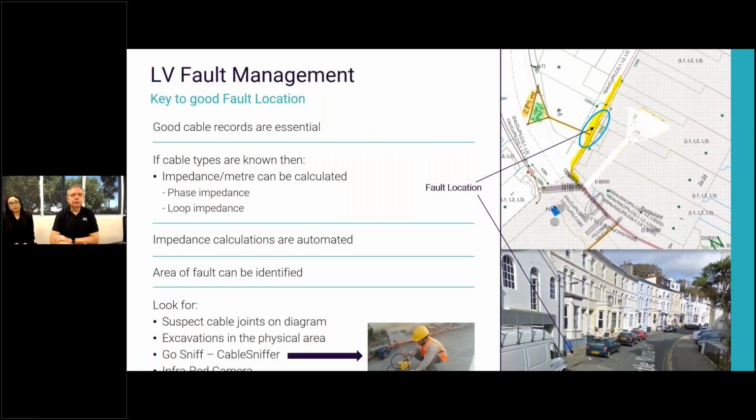So if we're going to do this sort of approach, first thing we have to stress is you do need good cable records. So cable records, knowing exactly what's in the ground, the cross-sectional areas, are essential to do this in the most accurate way. But if we know the cable types, then the impedance per meter can be calculated